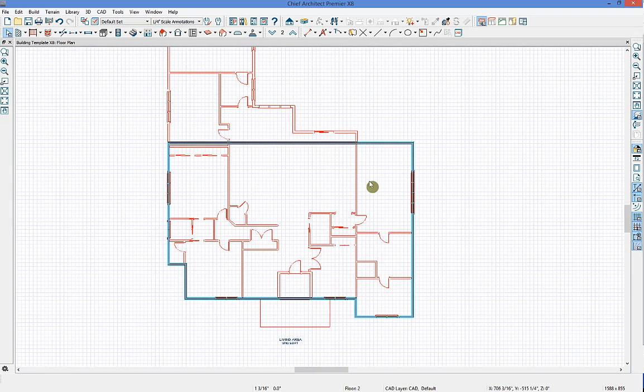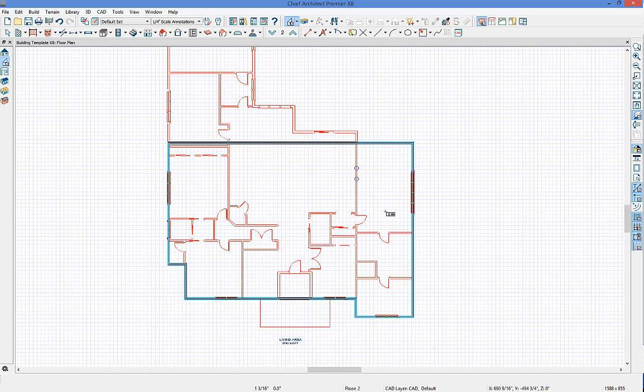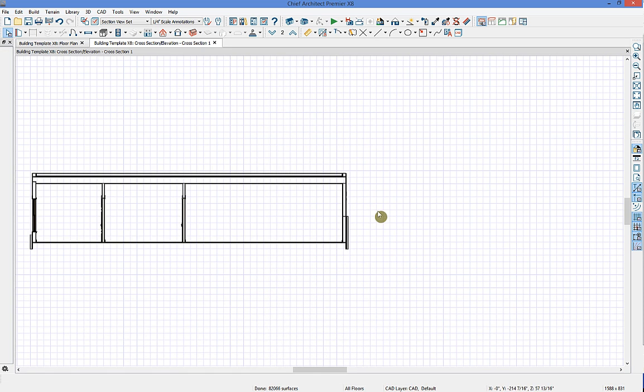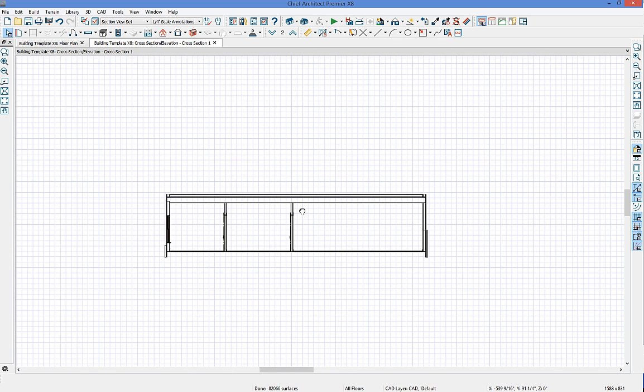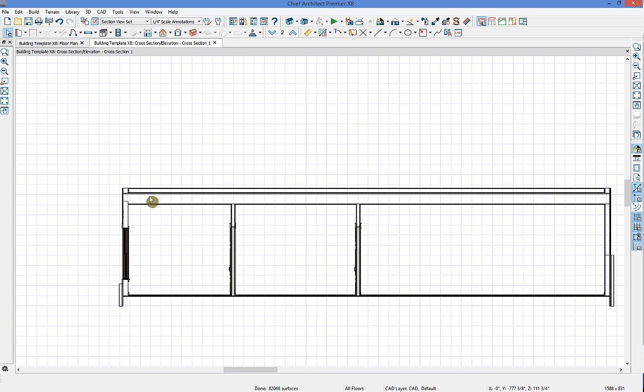So now we're going to focus in on our roof area. Before we do that, let's take a look at our cross section. So I'm just going to take a quick clip of this home so far so we can see what we're looking at. So right now this is just a cross section view of our home. So we have our first floor, and then we have our second floor platform, and 6 inches above this line, this top line here, is our ceiling. And I've set that at 6 inches